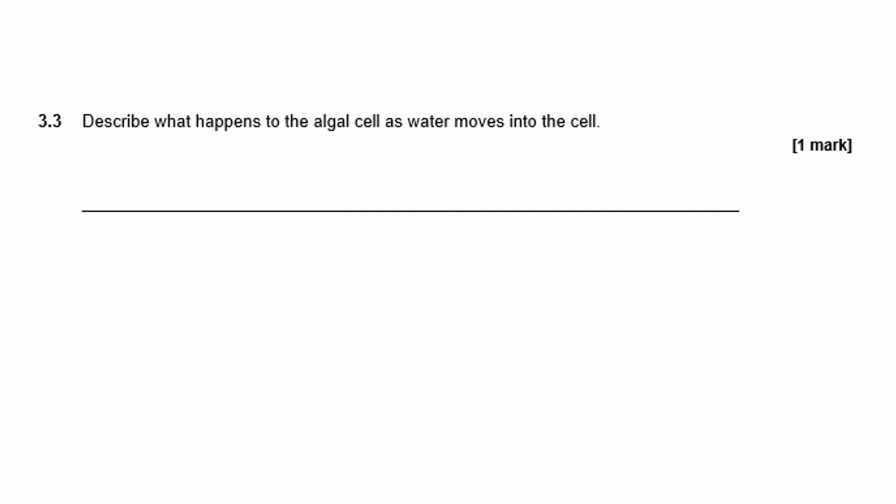Obviously, the water is going in, so it's going to increase in size, and that is called turgid in plant cells. The cell becomes turgid. The opposite, if water leaves a cell, then it becomes flaccid. Okay, moving on to the next question,